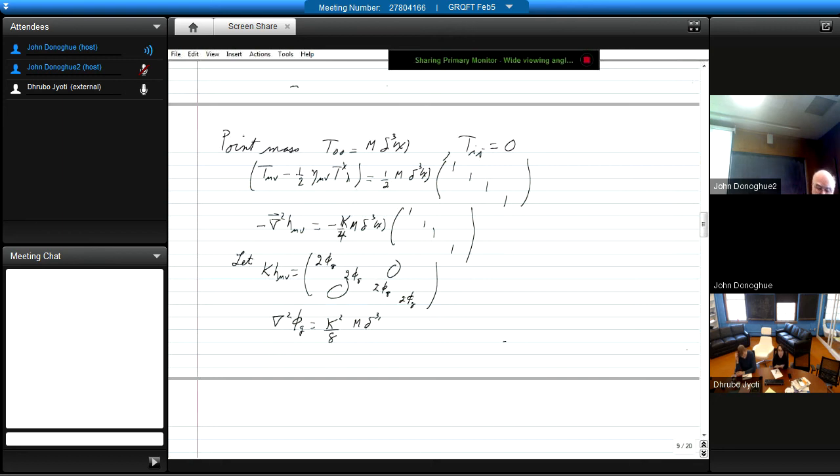M delta 3 of x. The solution to this is then